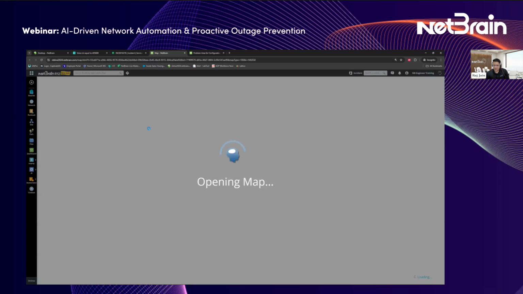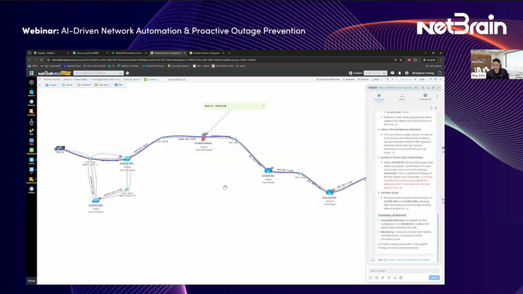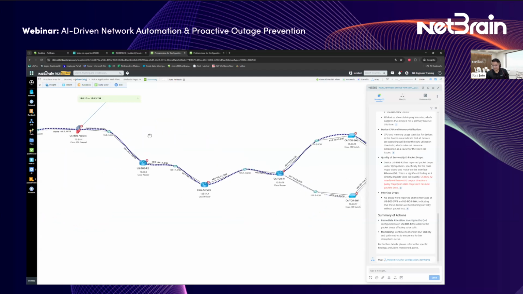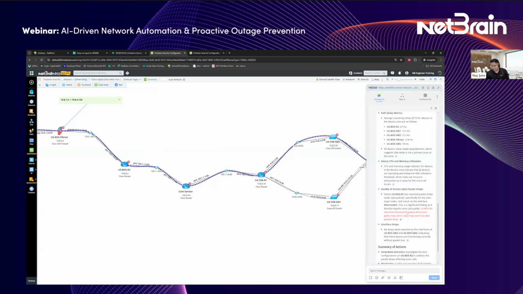you'll see that we've not just done that diagnosis, but we've also created the same path that we're referring to. So it creates a path for me, and then it runs a series of checks, and it's able to tell me that, hey, it looks like, yes, indeed, there has been a QoS problem. With that being said, I'm going to pass it back to Song for some more interesting insight.